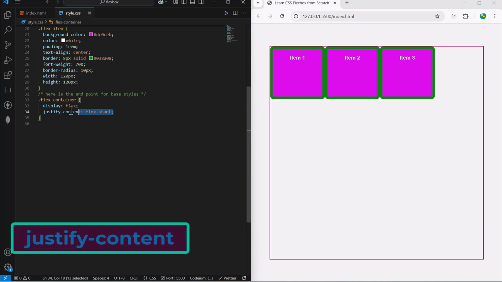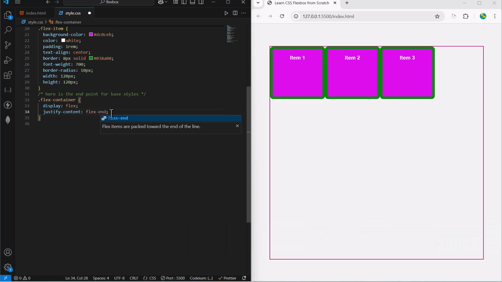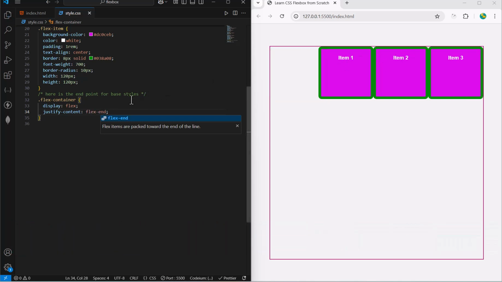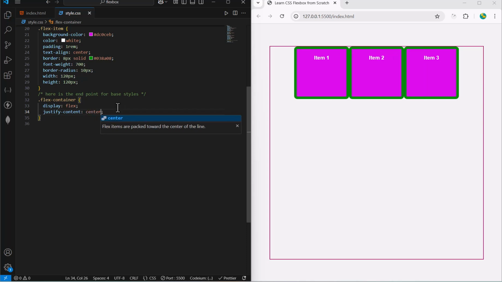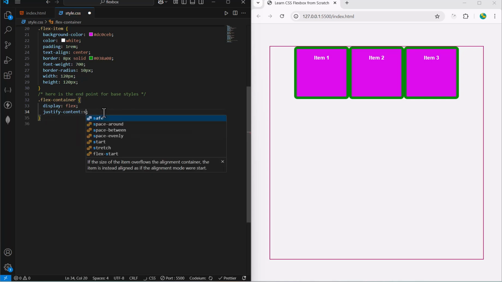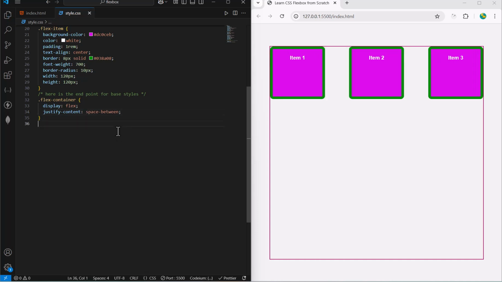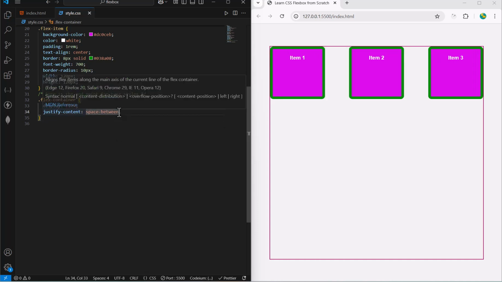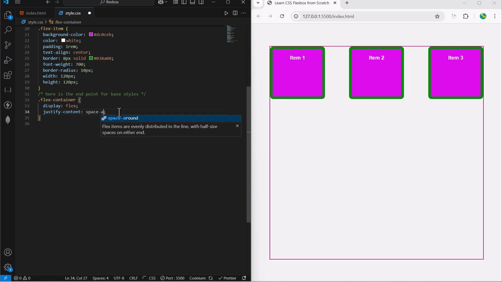But if we set it to flex end, our items will be pushed to the end of the line, just like this. If we set it to center, it will center our items in the middle, right? If we set it to space between, it will evenly distribute the items between the first and the last item, like this. If we set it to space around,